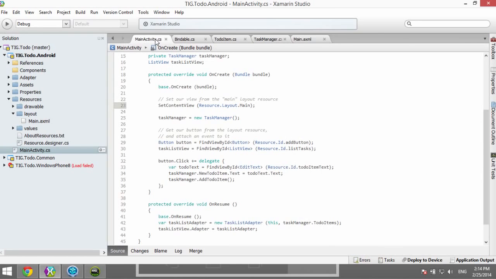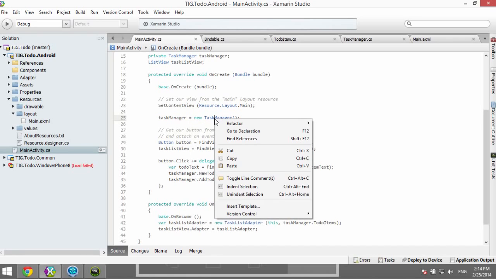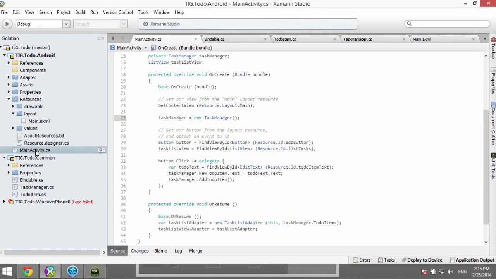So now if we go back to MainActivity.cs, we want to see how we're getting out those fields from the view. And the first thing you notice is that we create a new task manager. And if we right click on this task manager and say go to declaration, notice where we go in Solution Explorer. We're into the common project, right? So this is the shared class that's running in that portable class library that Windows Phone and Android are both using. So again, in Android code, we're able to create an instance of a task manager,